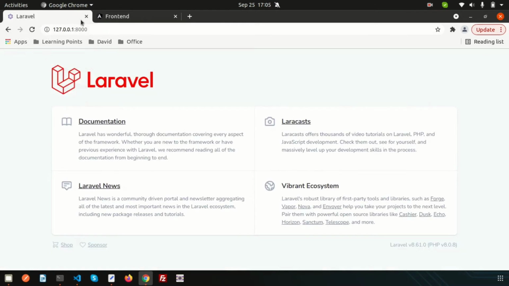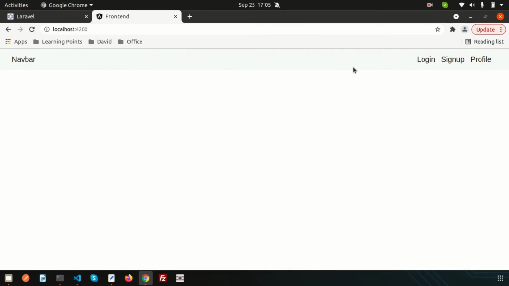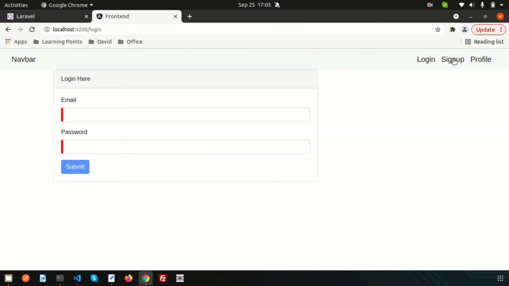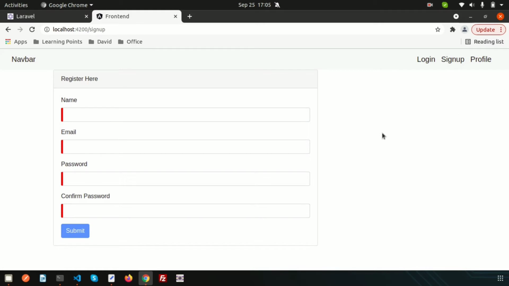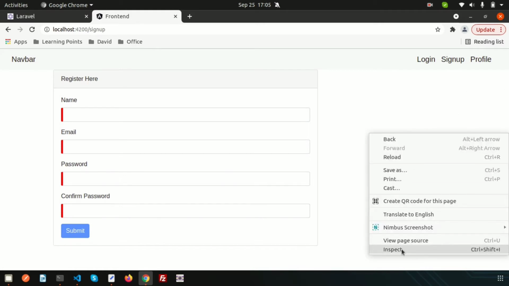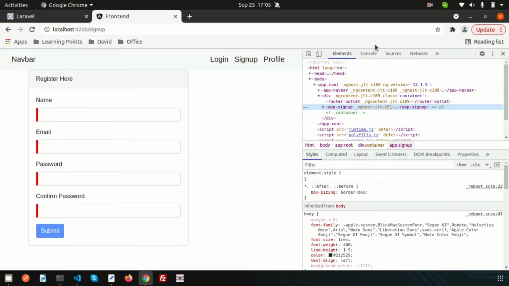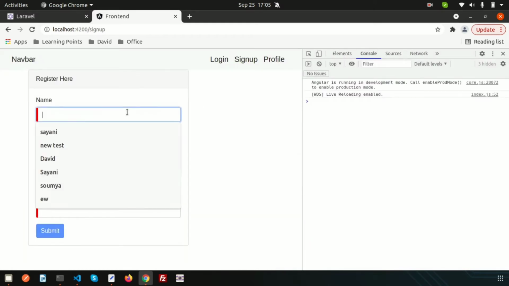installed in the backend, that is the Laravel side, and already installed some components and created this login form and sign up form. Okay, and if you just go and inspect these, now just go to console